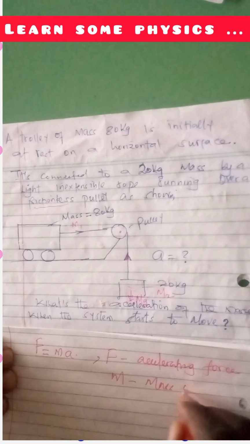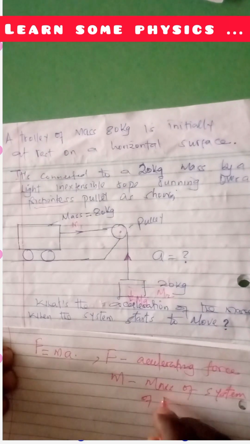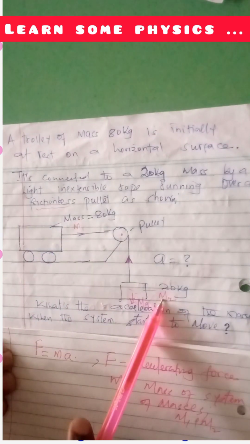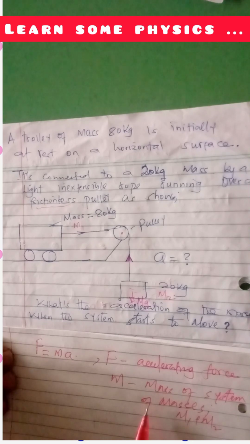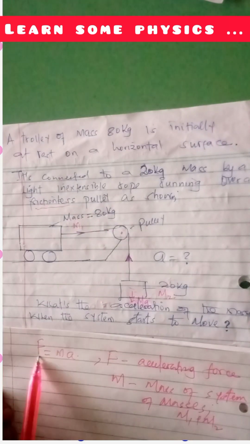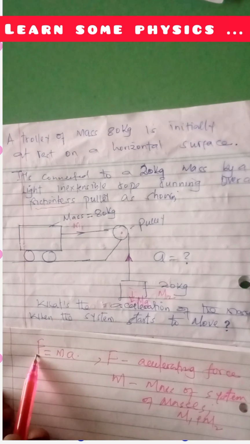And then we have M as the mass of the system of masses, equivalent to M1 plus M2, where I have told you we refer to this as M1 and this as M2, so that the system of masses now will be the sum of this M1 plus this M2. Note the fact that the surface is frictionless, so there is nothing that will affect this accelerating force. We'll just have to use it the way it is. But if we had it, at least you would have found a need to find the net force, having accounted for the frictional